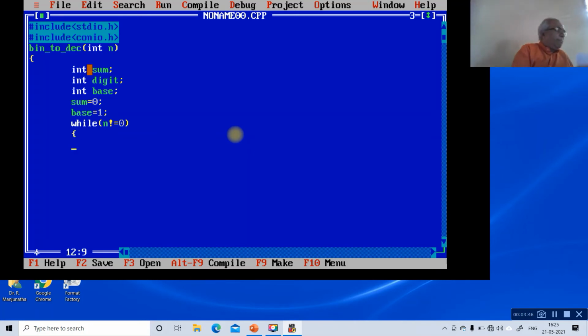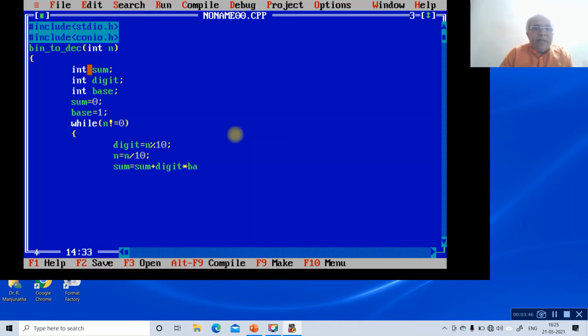Then digit equals n percentage 10, that is the remainder, n equals n by 10, then sum equals sum plus digit star base, then base equals base star 2,